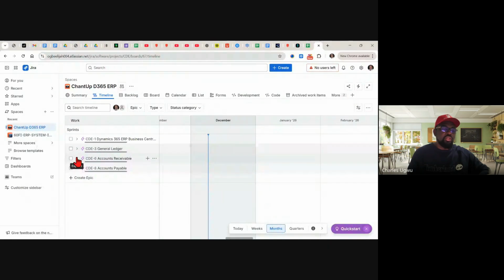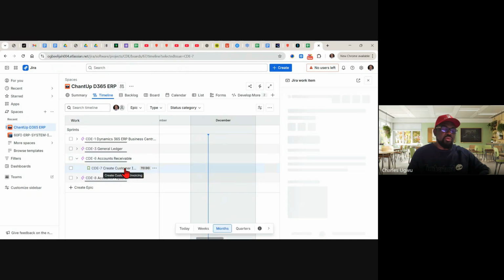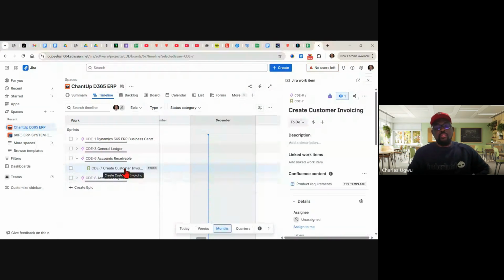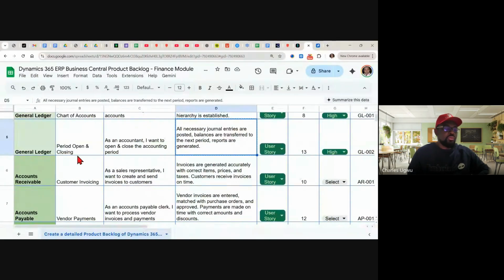And I'll move to the third one, which is account receivable. It has only one user story, and we'll open the user story. Then we'll go back to our product backlog and we'll move down to account receivable, and we'll copy the description, the real user story, because it's telling the story from the user's perspective.